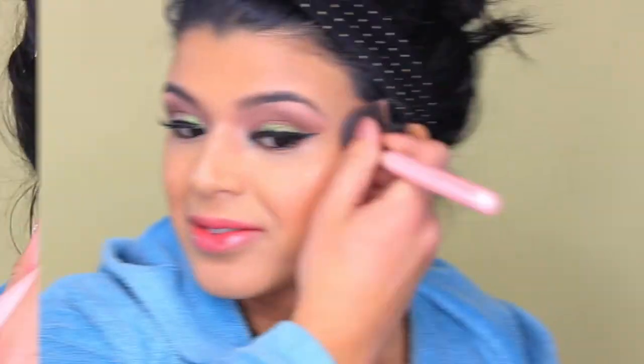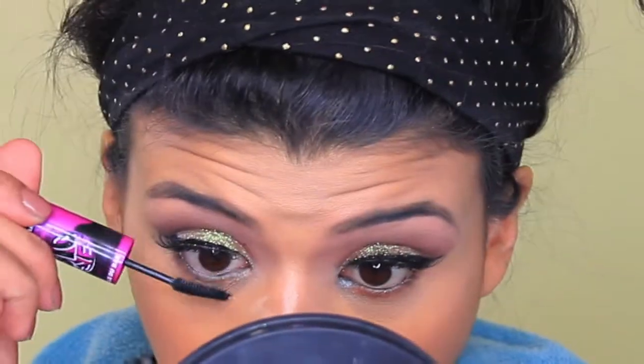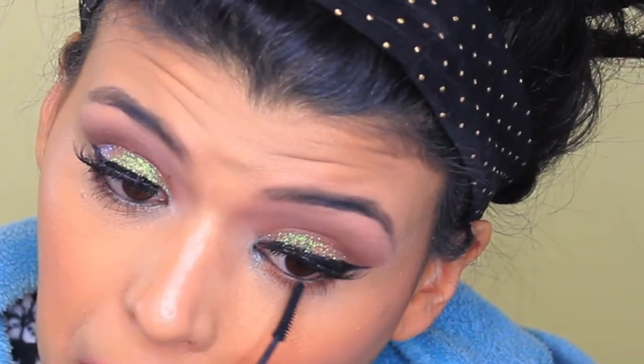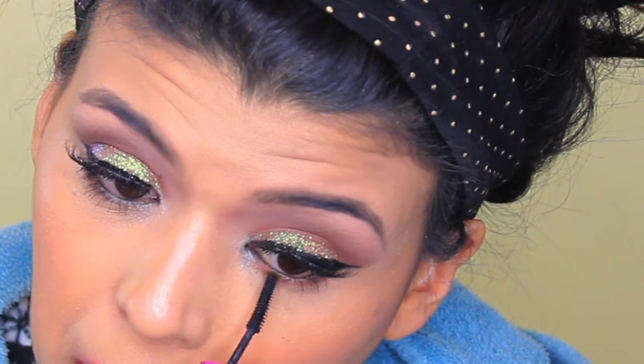Now I'm using quite a lot of the Benefit What's Up highlighter, and as you can see, I wanted to highlight the top of my cheeks, my nose, and blend it with that regular angle brush. Now I'm going to apply a little bit of mascara on my bottom lashes, and as you can see, it does have a lot of pigmentation. That color Honey by Revlon stained my lips in a really nice peachy color. I was tempted to keep it, but I'm going to move on